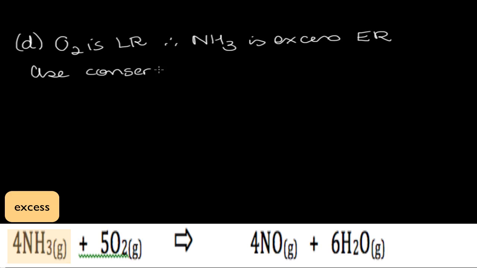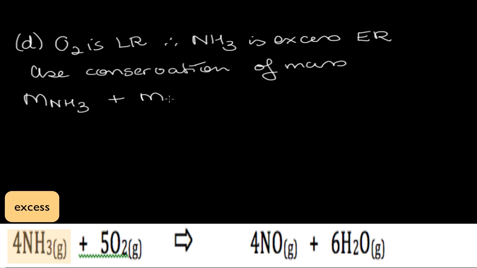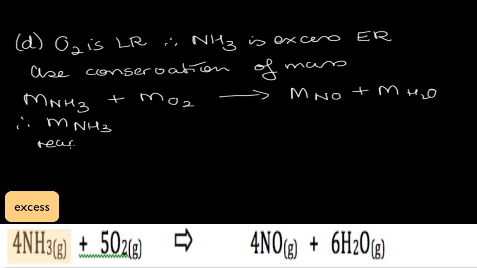What this means is that the mass of the products equals the mass of the reactants in the reaction. That is to say that the mass of the NH3 plus the mass of the O2 is what gave us the mass of the NO plus the mass of the H2O. So therefore the mass of the NH3, and this is reacted, don't forget, reacted, this is not left over,